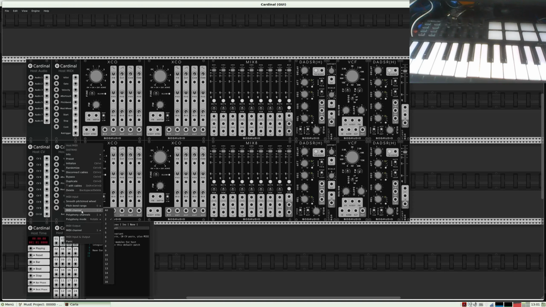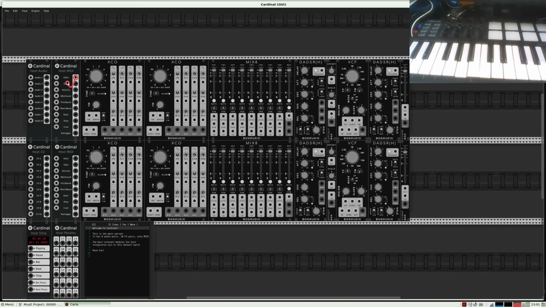The MIDI channels are set to monophonic, so these are monophonic synthesizers. I can now connect this control voltage. It's called V/oct, and it should be connected to there and there for this synthesizer, and the other one there and there.